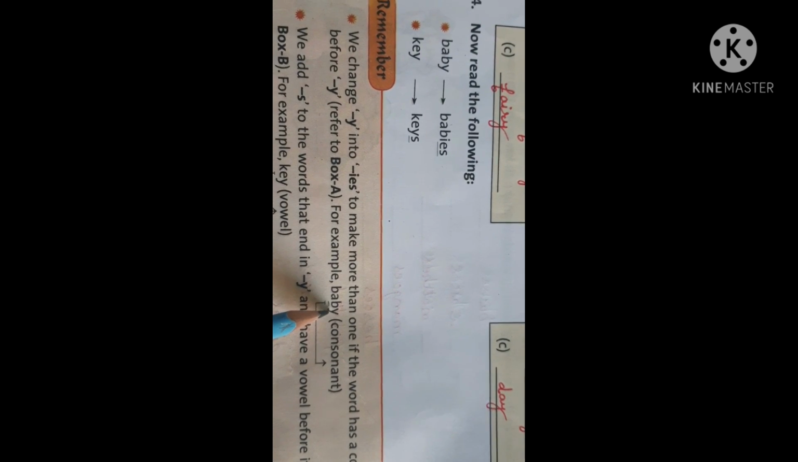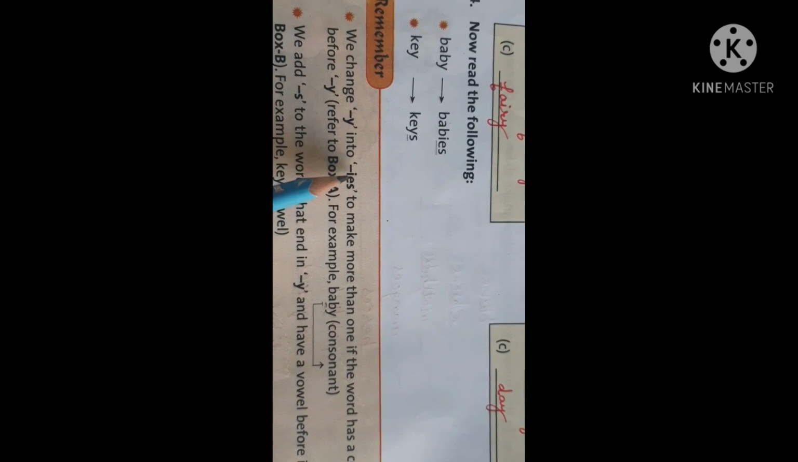So here, whenever in a naming word there is a combination of consonant plus y, then in order to make its plural we will simply add ies. We will change y into ies. Now the other part of this rule is we add s to the words that end in y and have a vowel sound before it. For example, if we have a vowel sound before y,